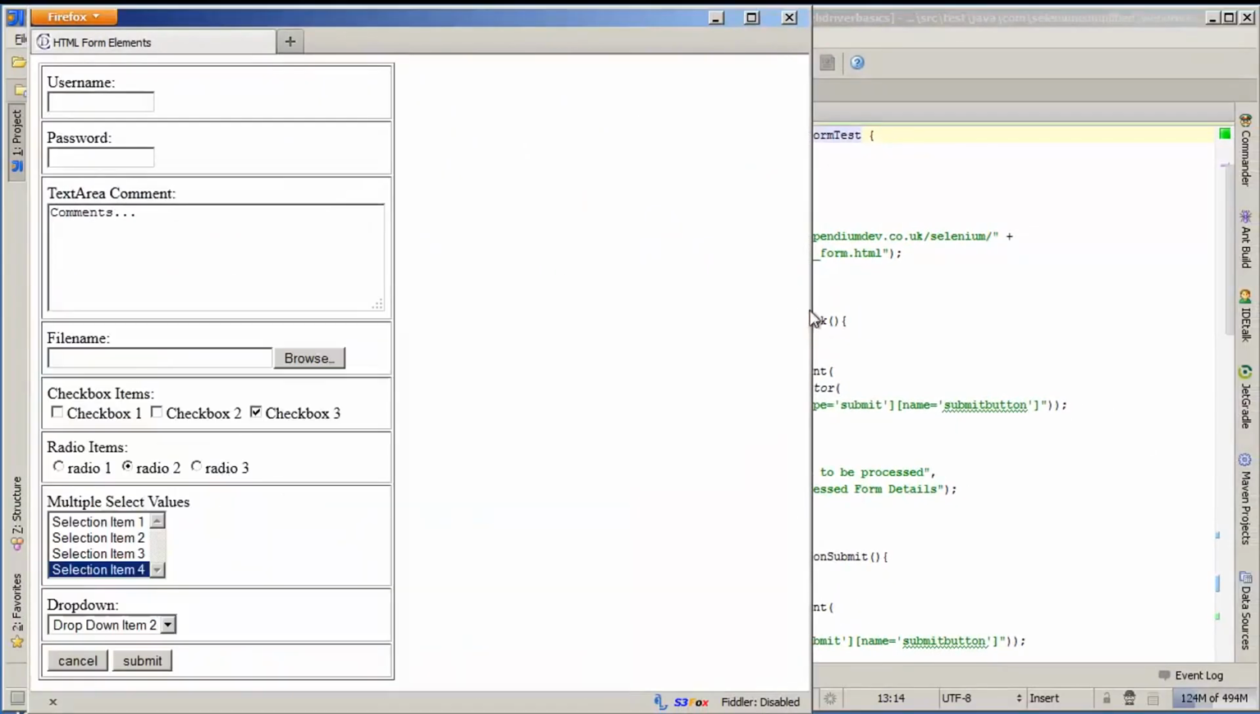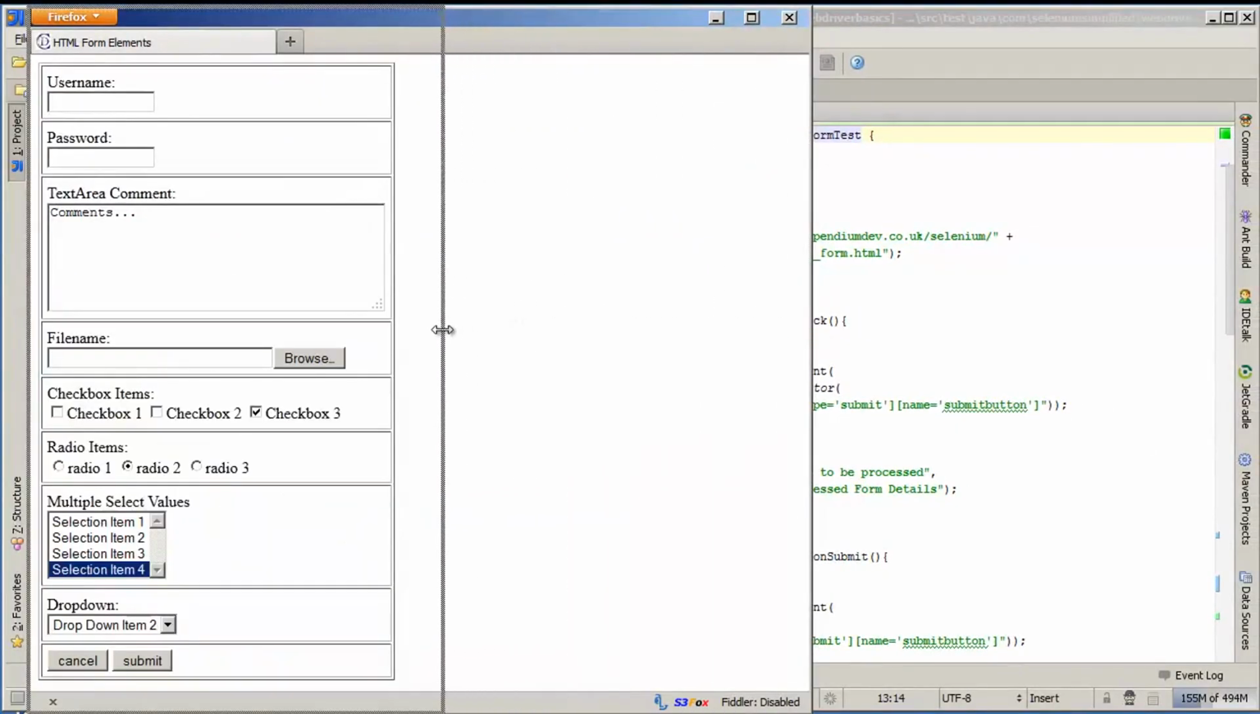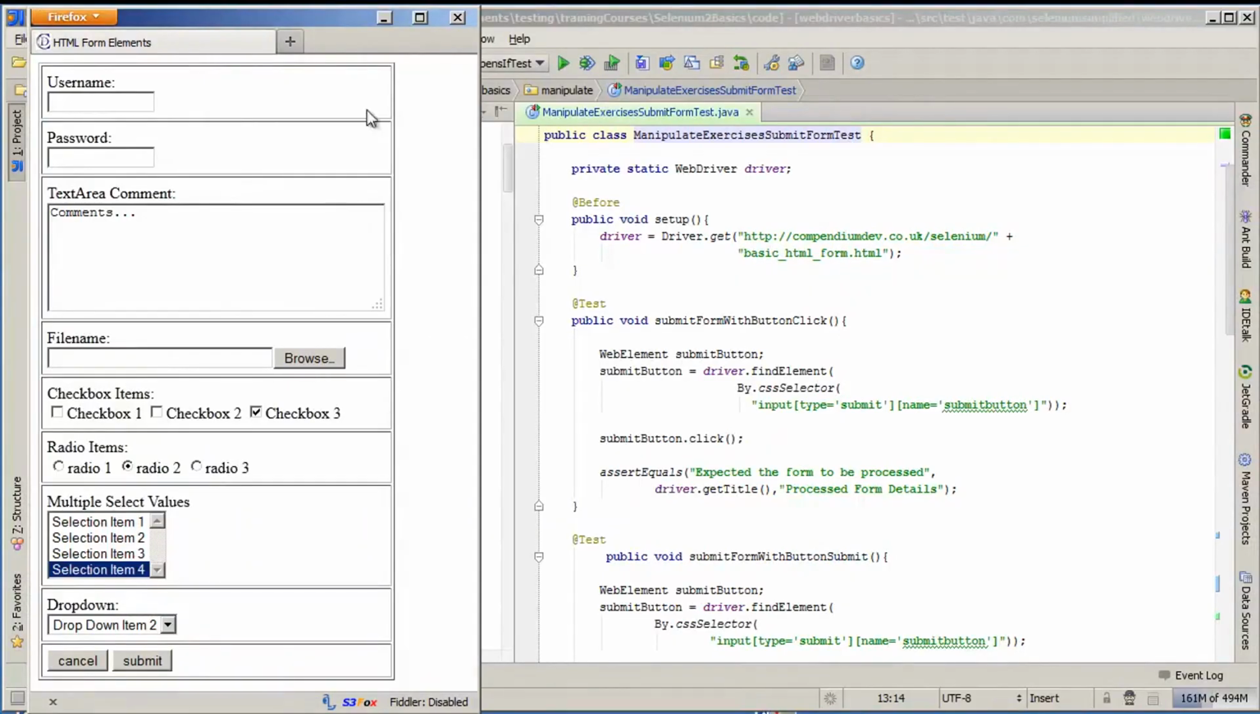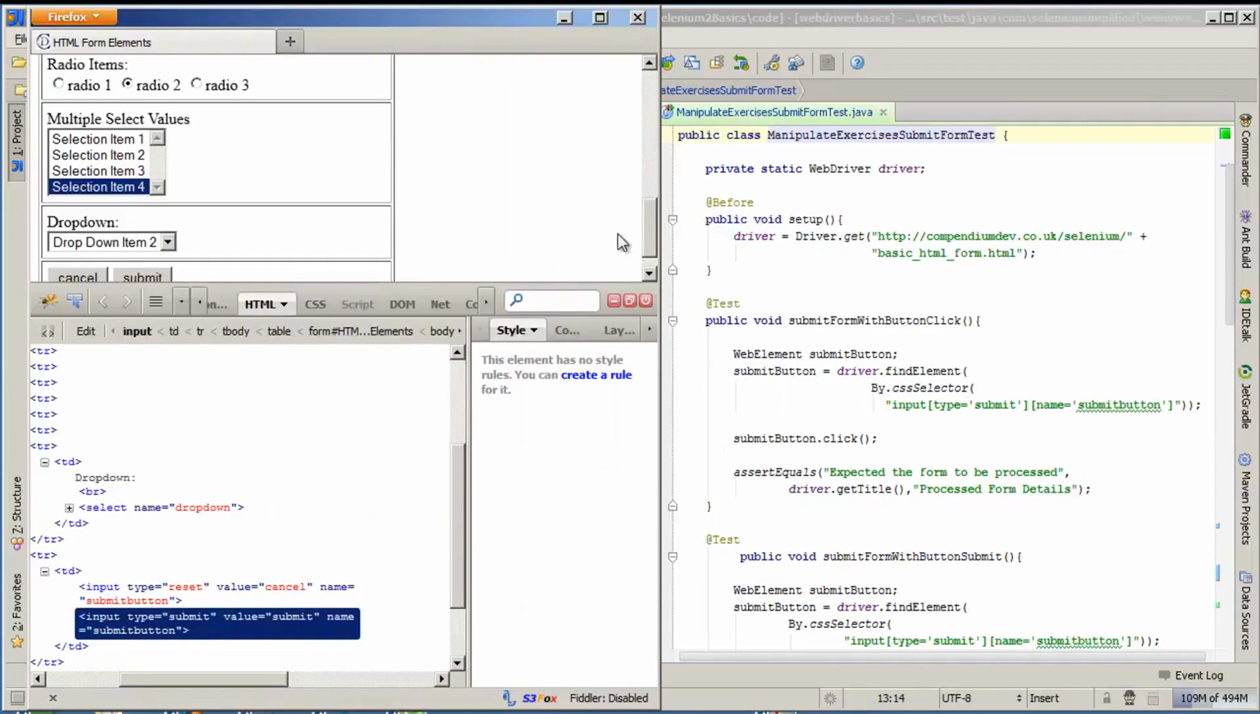So let me get this up just in case we need it next to it when we're explaining the tests. So we go off to the basic HTML form, which is this one. Now I have chosen to submit the form in as many different ways as I could think of. So the first one is obvious, submitting the form with a button click on the submit button, which is this here. If I inspect element with Firebug, so the submit button,